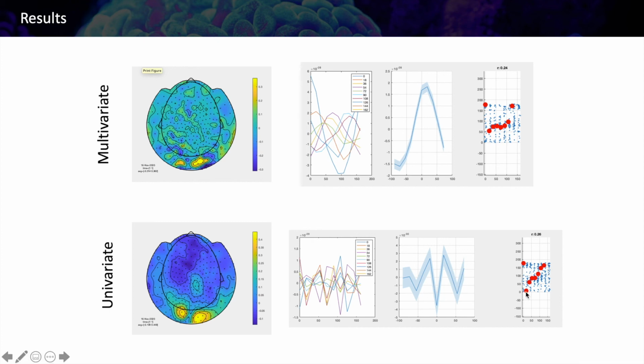Nevertheless, the accuracy on decoding the particular information, so although here we don't see the shape of the channels, if we use these channels to predict the orientations and recover the orientations, we can see here that it is working as good as in this other case. So it depends on what type of information you want to highlight. Maybe it's better for you to use a multivariate approach, or maybe it's better for you to use a univariate approach. Use these images as some kind of copy of what you should expect from your analysis, okay?